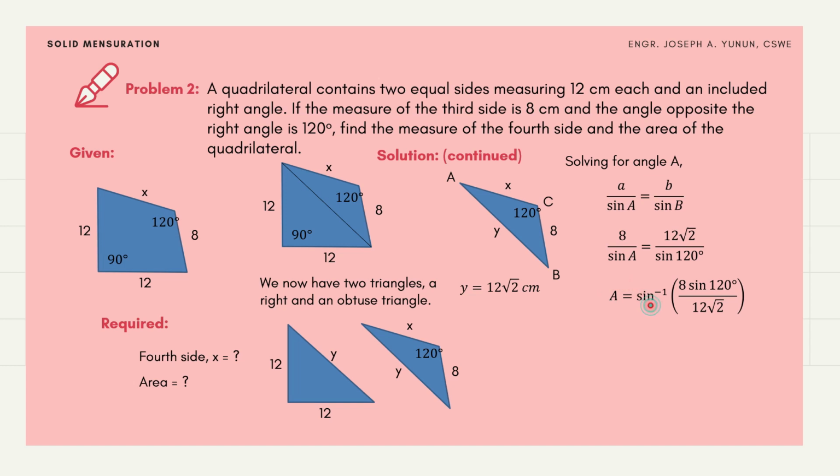So that gives us arc sine of 8 sine 120 all over 12 square root of 2. Then the angle is 24.09 degrees. Take note that this angle is angle A on this obtuse triangle. Now, recall that the sum of the interior angles of any triangle is equivalent to 180 degrees. Now I can solve for the unknown angle B here. That gives me